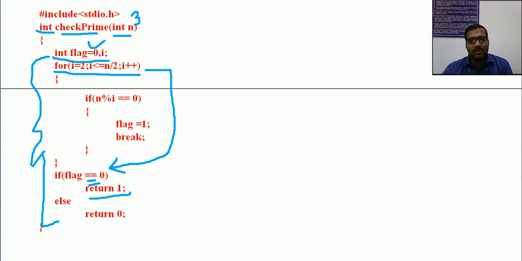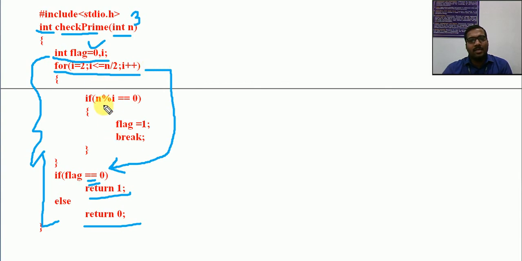If it is equal to 1, we are printing it as prime, else it will return 0. So the opposite case, for example 4, if you are considering 4, what will happen? 4 by 2 up to 2, already it is clear, it can be divisible by 1, 2 and 4, so it is not a prime.